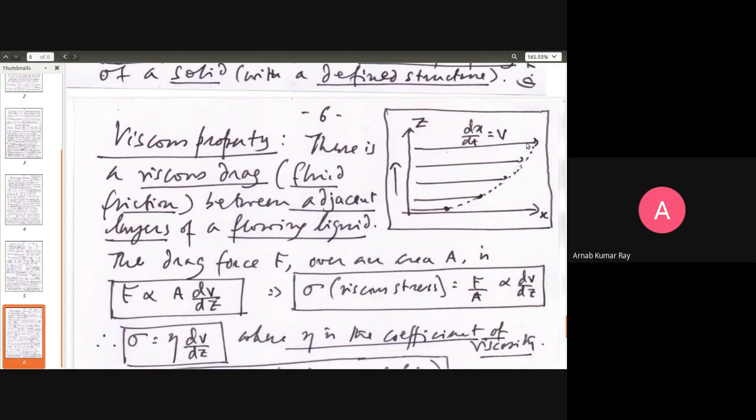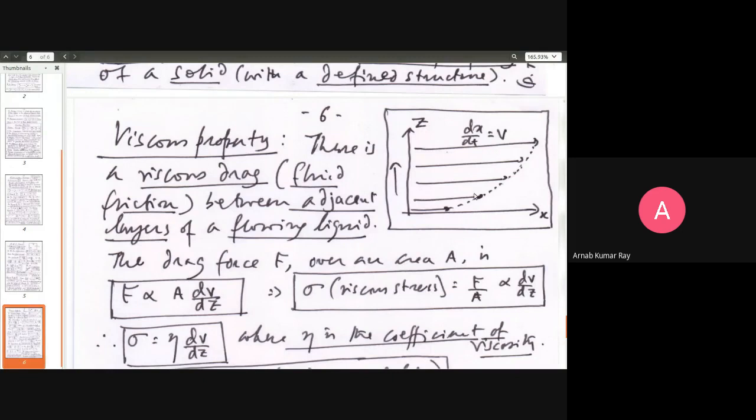Here, the velocity is much higher compared to here, and here the velocity is higher compared to here. So velocity is changing as you go along the z-axis, with higher and higher values of velocity for larger and larger values of z. Velocity, of course, is in the right direction, going from left to right. But the velocity gradient that you measure with respect to z is changing along the vertical direction. For a certain value of z, you'll get a value of velocity; for a higher value of z, you'll get a higher value of velocity. So you can see that it has a positive gradient.